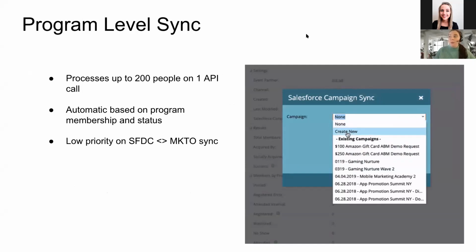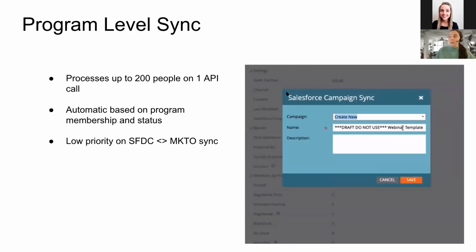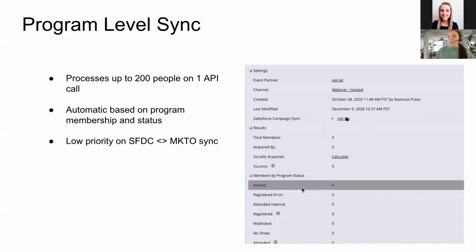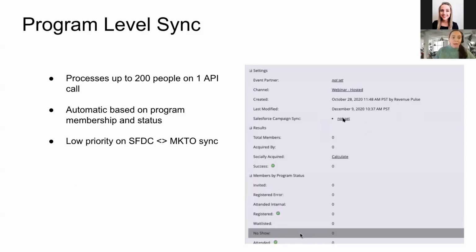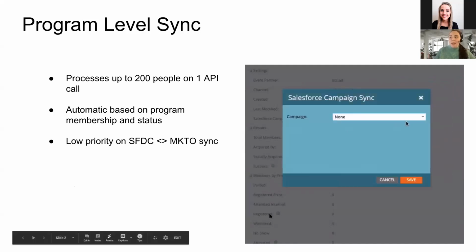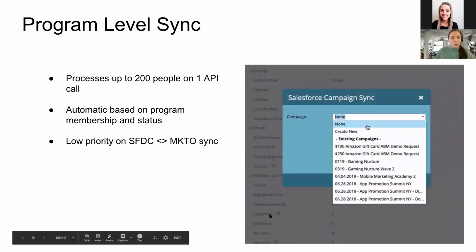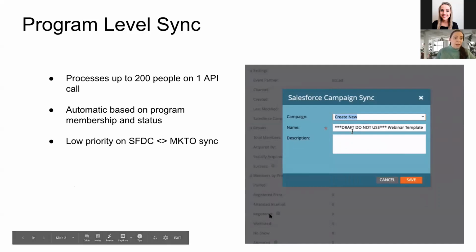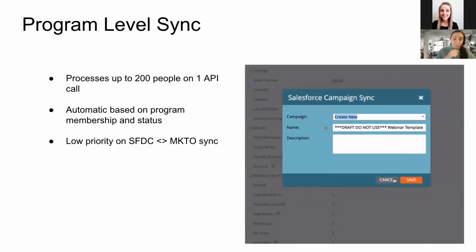Most people are most familiar with the program level sync. So this is where you go into the SFDC campaign sync component, and then you can either create new or sync over to an existing SFDC campaign. I always recommend creating new wherever possible if you're able to create your SFDC campaigns via the Marketo sync. It means that you're going to automatically have the program statuses there waiting for you when you go to activate it on the SFDC side, as opposed to having the standard sent responded statuses that are the default for the